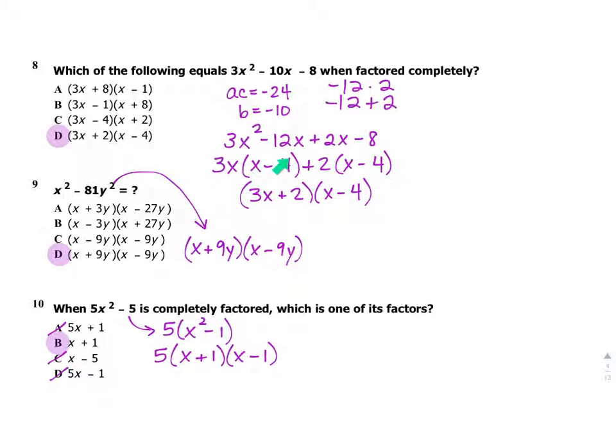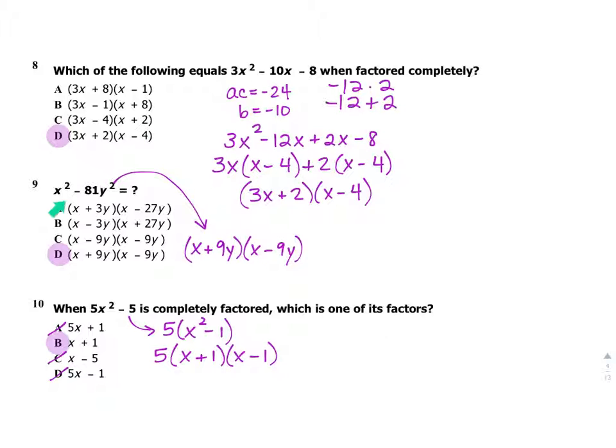Take out the GCF of the first pair, factor by grouping. Take the GCF of the second pair. Notice that the parentheses are the same. 3x times x minus 4 plus 2 times x minus 4 is 3x plus 2 together times x minus 4,